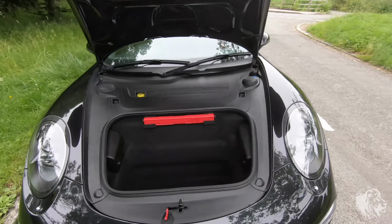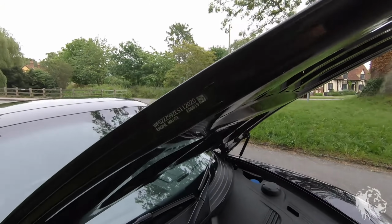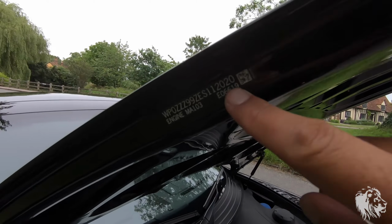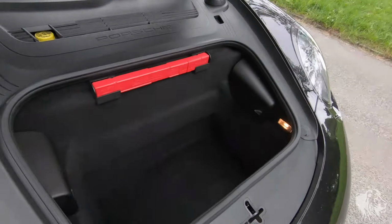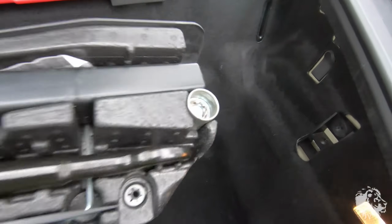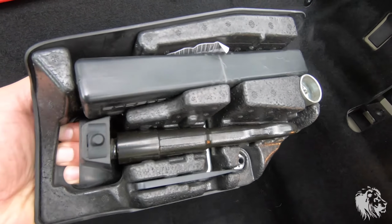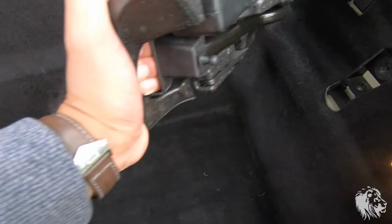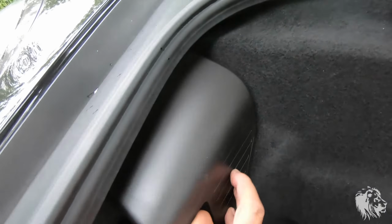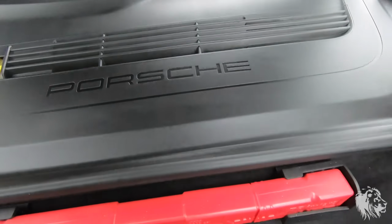So there's the front boot, lots of space in there. That has this original sticker as well, so it's the original bonnet. And in here you've got your tools: locking wheel nut, key, all the tools there, towing eye. And then on this side it should have a tyre gel. So there's the tyre gel, warning triangle, and then under here